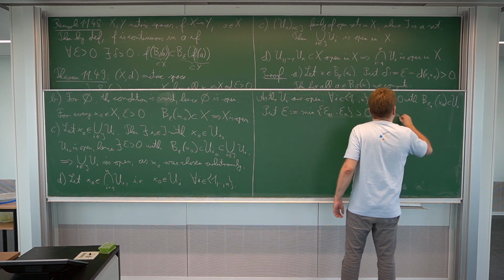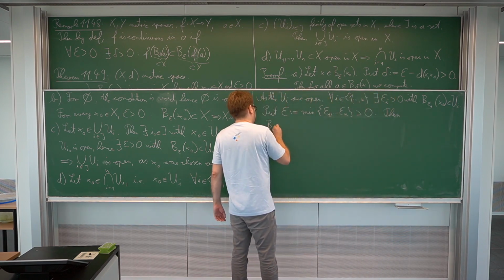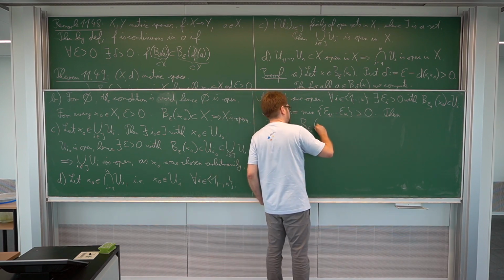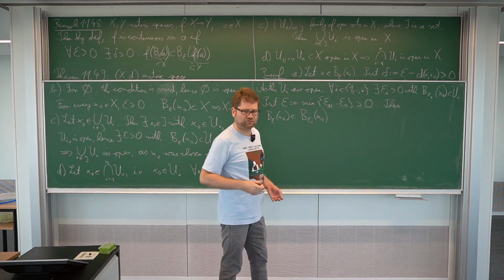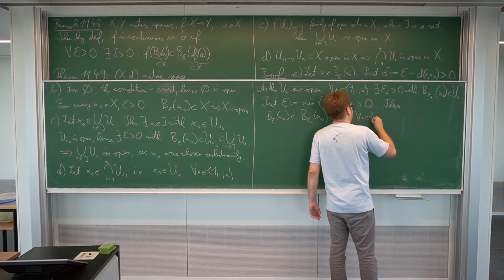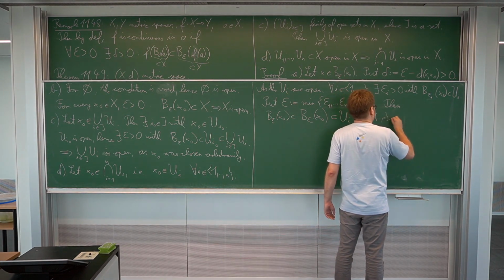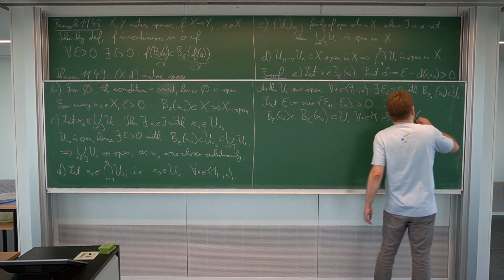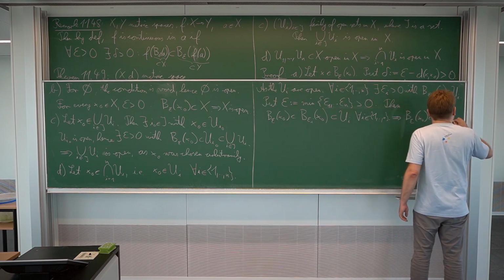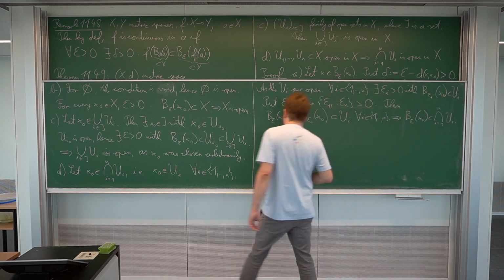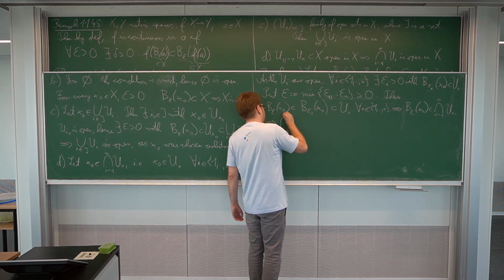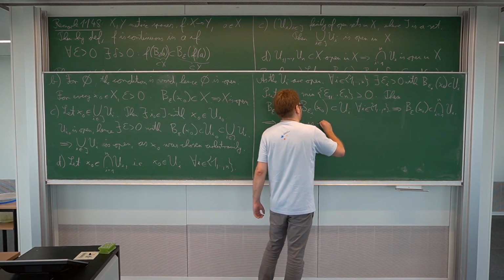Then B epsilon of x0 is a subset of each of the B epsilon i of x0, just by construction. And this is contained in ui for all i between 1 and n. And this, of course, means B epsilon of x0 is contained in the intersection of the ui. Okay. So, again, the point was chosen arbitrarily, so it follows that the intersection is open,